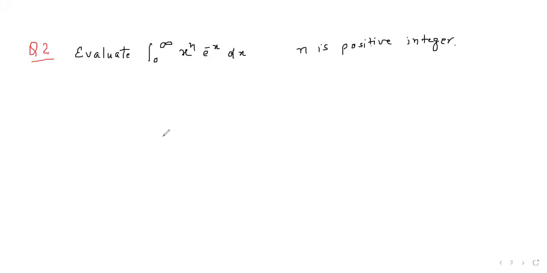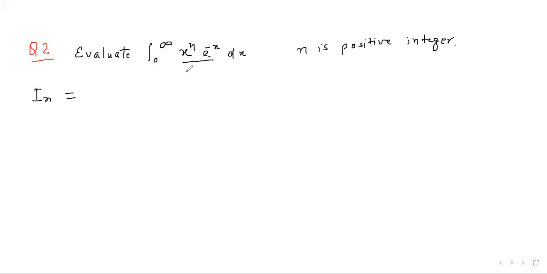Now let's take the next question. Question 2 says, evaluate the integral from 0 to infinity of x^n e^(-x) dx, where n is a positive integer. So we can integrate it by parts. So let's write it as I_n. So I_n will be equal to, using integration by parts,